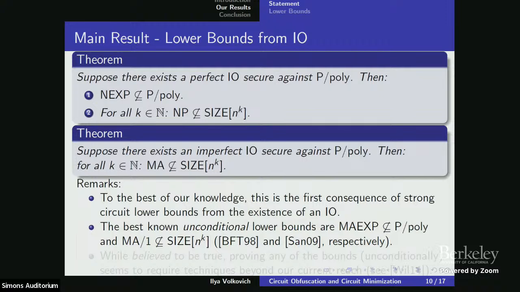Now, if you look at MA and MA/1, it might seem a really small thing. This is really one bit of advice, but you wouldn't believe how much time the community spent on removing this one bit of advice. Maybe IO is a big thing to assume, but IO allows you to do that in particular. We're talking about all kinds of applications, and one of the applications is to remove one bit of advice. Hopefully there are better ways to do it, but at least that.